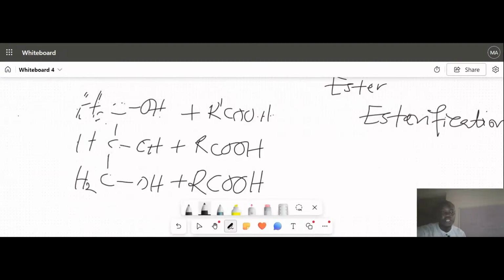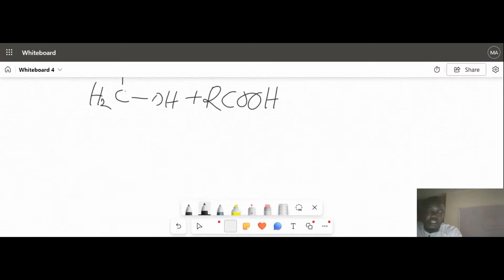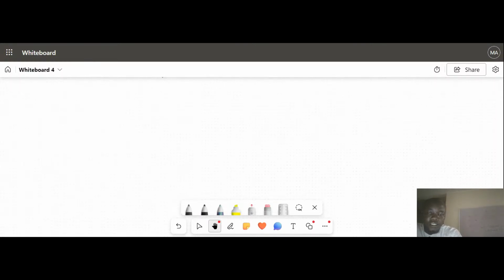So now, after we have three fatty acids, if you can look at it clearly, you can see that from here we have something like this. Let me try to reduce the size. So you see, let me just have it like this. So we have RCOOH,